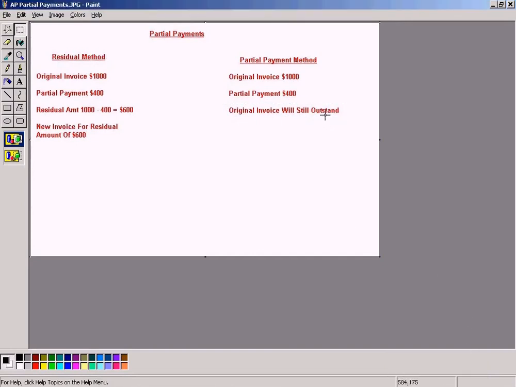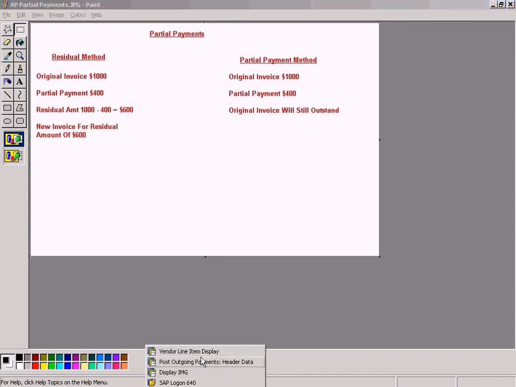Alright, it won't be settled. That's the main difference between residual method and partial method. In residual method, the original invoice will be settled, but in partial payment method, the original invoice will not be settled, but we'll just take into account the partial payment of 400. I'll show you how. I need to create a